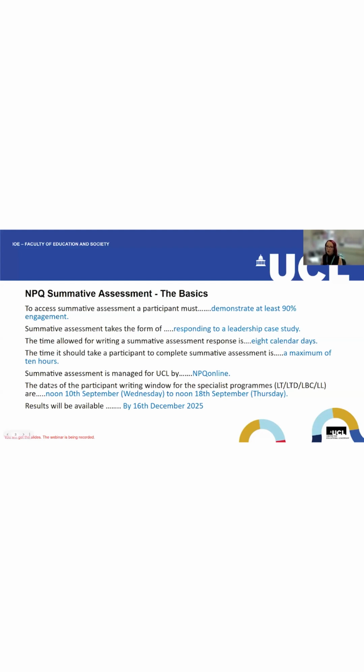So just to remind you, you'll have had this probably in your last session or you're about to have it, but you have to demonstrate at least 90% engagement to be able to go forward for assessment. So that just means that you've attended everything. If you've missed any face-to-face sessions or online sessions, you've caught up with the video that's been provided or the task that's been provided, that you've had your mentor meetings, and all of that counts towards your 90%. That's dealt with by your delivery partner. So if you've got any issues with that, you need to contact them. But basically, if you don't hear anything, it's probably because you're reaching that 90% and there's nothing to worry about. We tend to focus on the ones where we've got concerns.